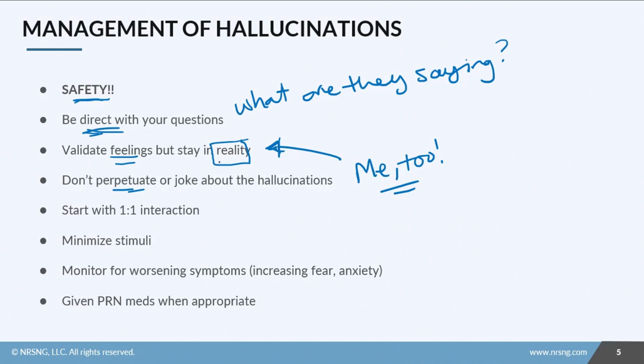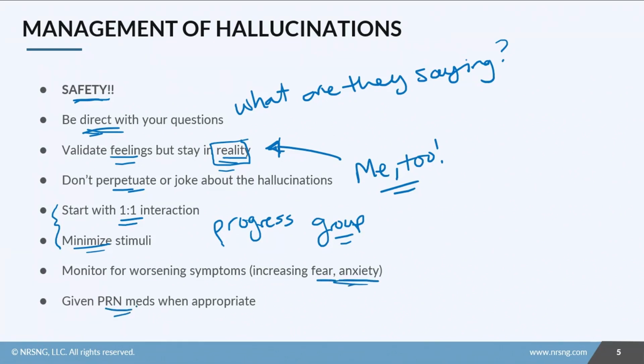So do anything you can to stay in reality. When you start interacting with them, we always start with one-on-one interaction, and we want to minimize stimuli. That kind of prevents them from getting overwhelmed. And then you can progress to more complex tasks. You can progress to group interactions, but you always want to start slow just to keep them from being overwhelmed. Then you want to always monitor for worsening symptoms like increasing fear and anxiety,